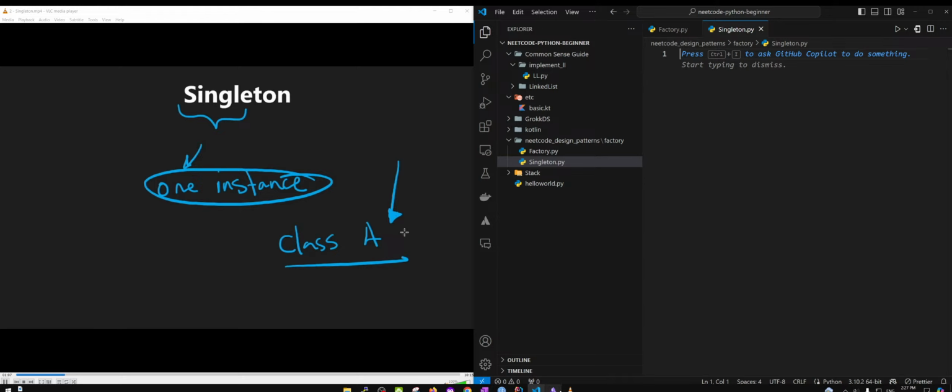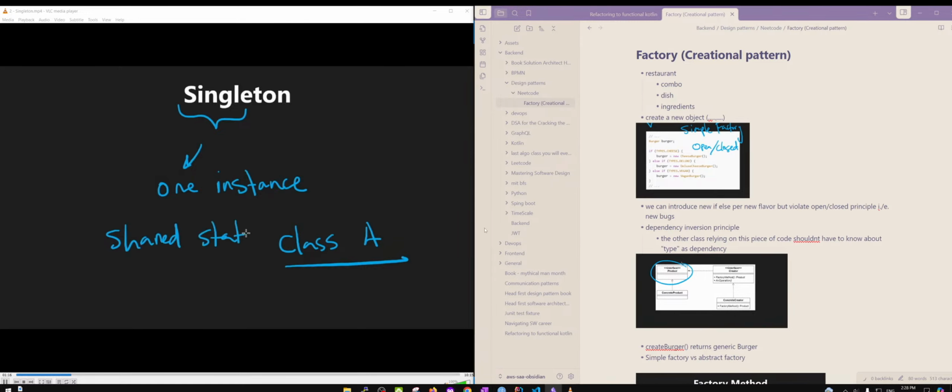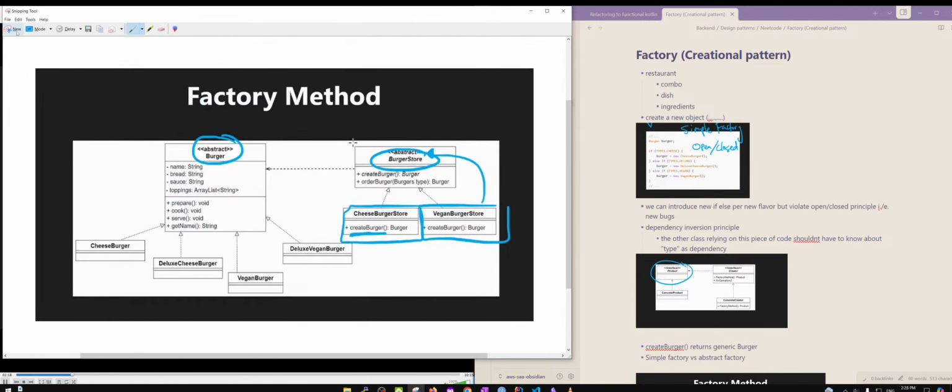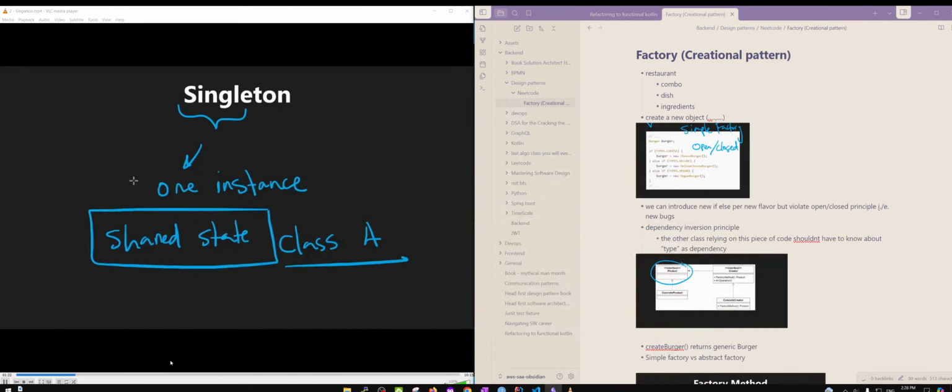Now, why would we want something like this in the first place? Well, the simplest example is if we want something for shared state, like we want to share some state across our application, our code. And for us to do that, we want just a